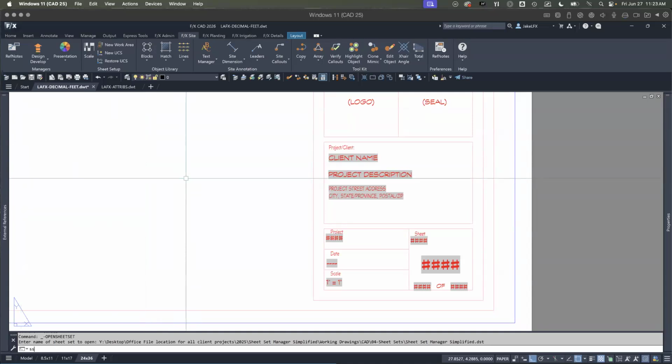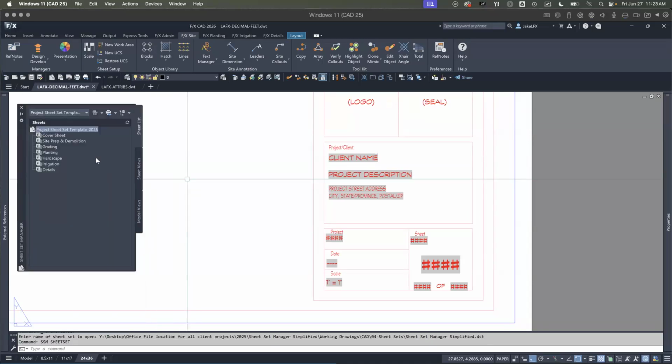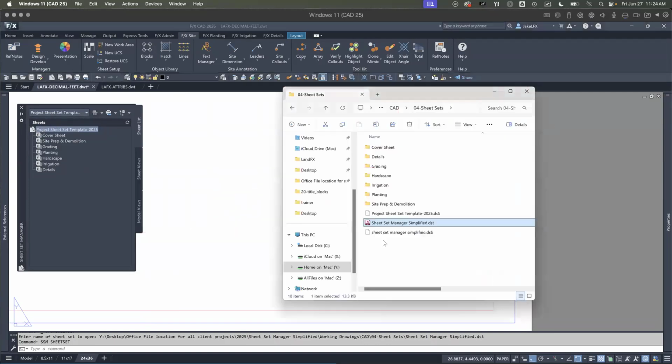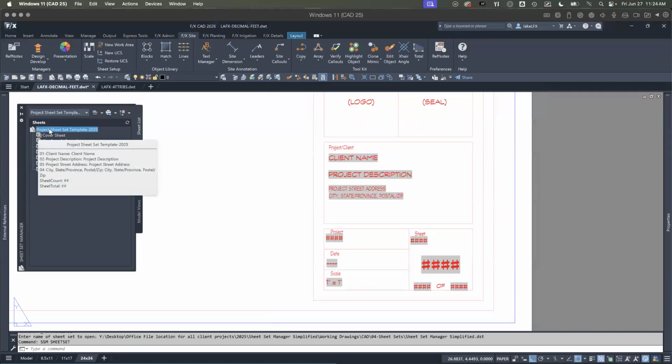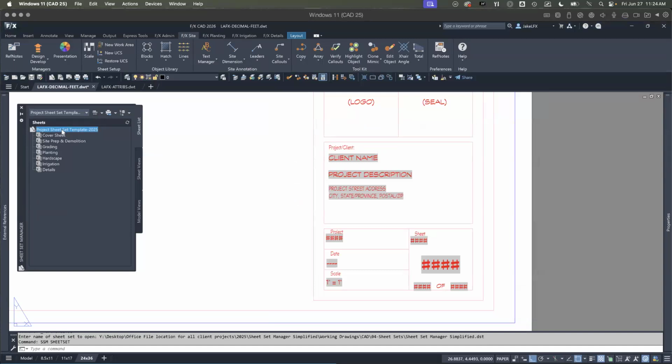We'll just go ahead and do that, SSM, and it'll open up the sheet set manager automatically and you could browse for it. But since we opened that DST file, it automatically opened us up to this sheet set manager. So now you can see that even though we renamed that outside file to this, the sheet set properties still assumes this is the project sheet template. So selecting that sheet set, right click, go to properties,